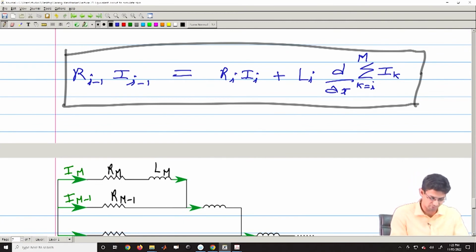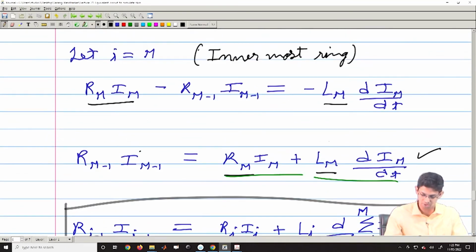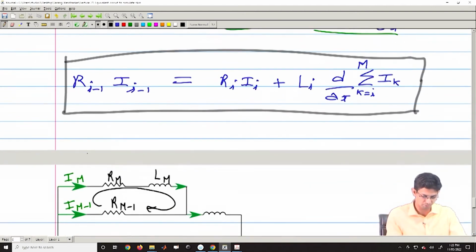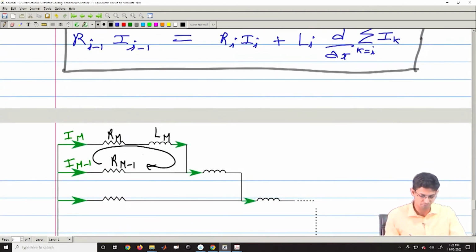Or I can apply KVL in a loop like this. I can bring all these terms to one side and set that equal to 0, and from there also I will get the same thing. Now, similarly, I can proceed further. If the current in this segment is I m minus 2, the resistance in this case would be R m minus 2, and this would be equal to